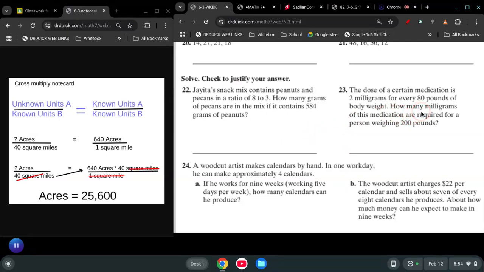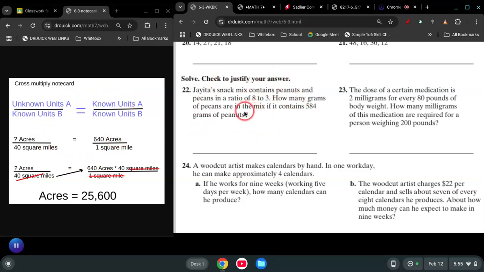I want to take the time to show you this note card that I made to break down how to do word problems. Word problems are really confusing because they ask you questions and you don't know where to put things. So I've made this handy dandy note card that you should copy down and keep on you, and kind of tape in your notebook and take it out when you need it. It shows you how to put the proportions together